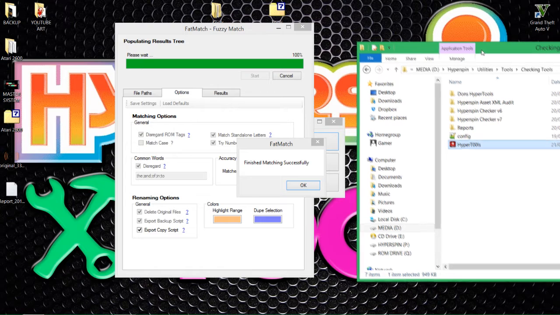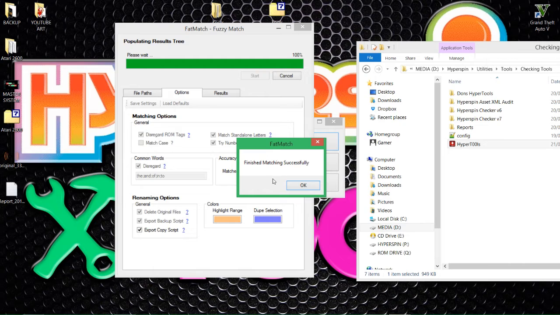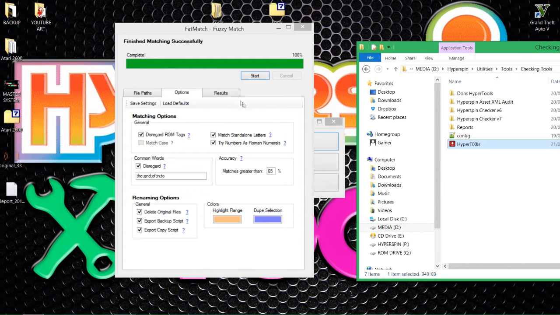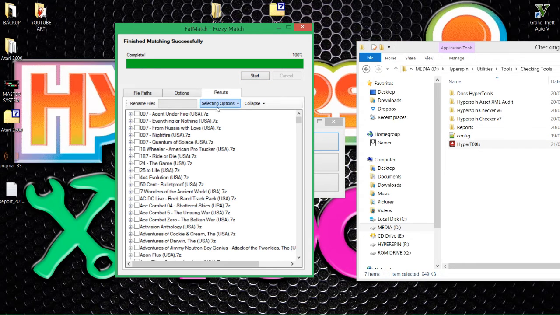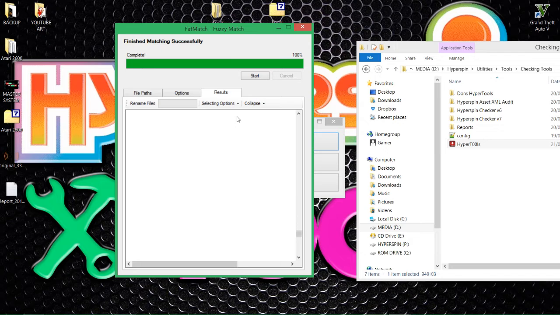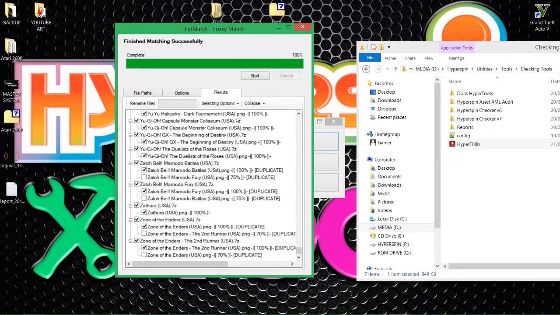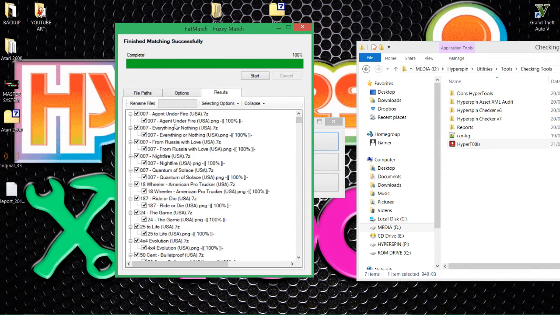As you can see, using the Fat Match that we put in there before, it finished matching successfully, so press OK. Now what it'll do is do nothing, but if you click the tab here, Results, it shows you. Now in the select options, what I like to do is select best matched. So now it's going to go through each one that it's matched up, and as you can see at the right hand side we've got the margin of error. It's managed to find, for example, in Agent Under Fire, a wheel that matches the ROM that we have